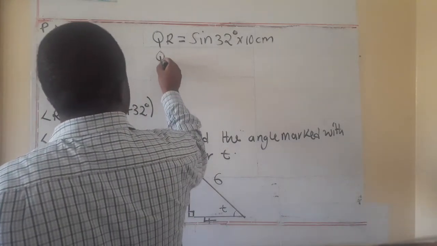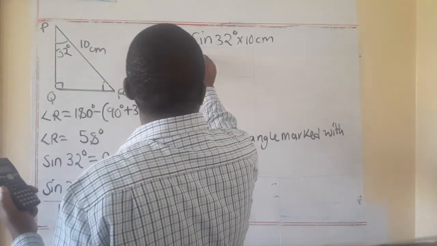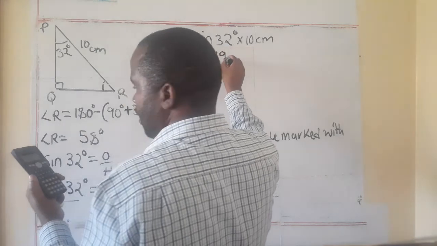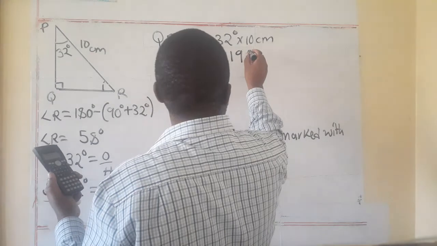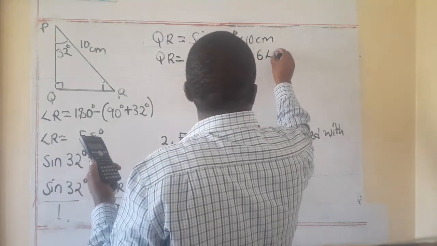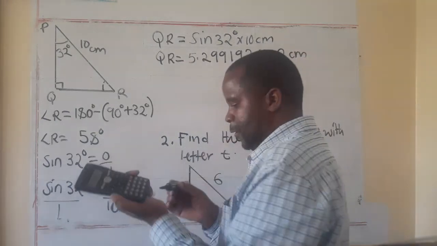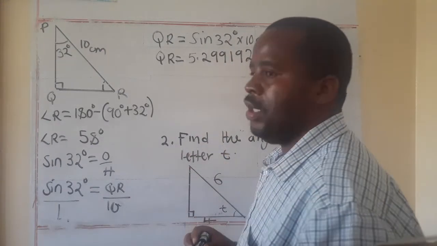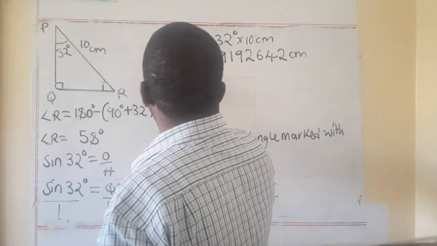So QR is equal to 5.292 centimeters. This is what we are going to get. But if you are giving that as your final answer, it is advisable that you round it off to 3 significant figures. Therefore, your QR